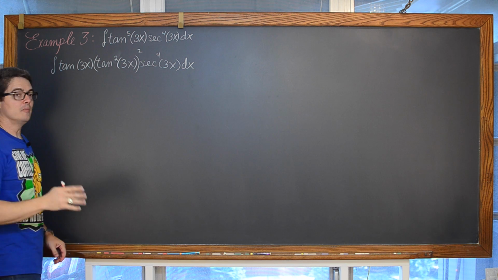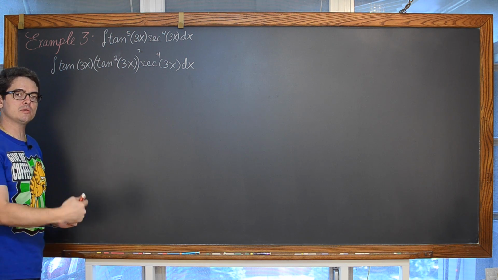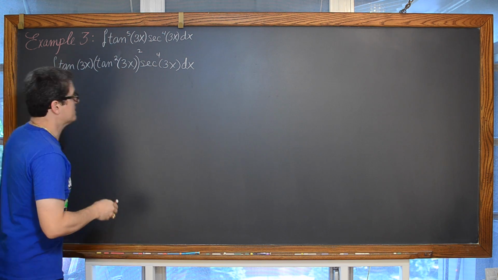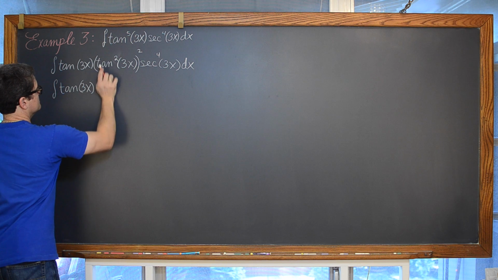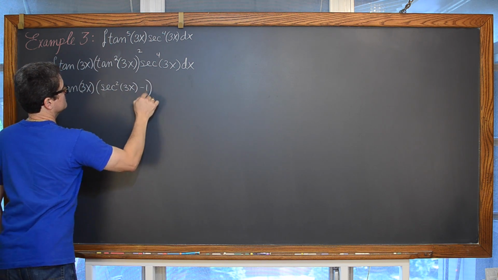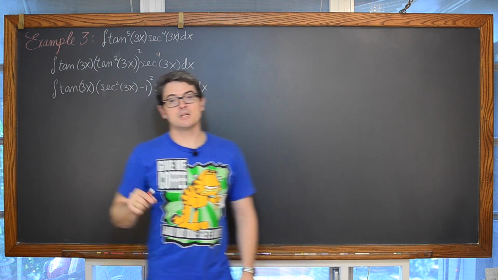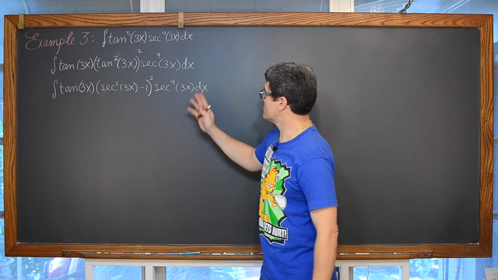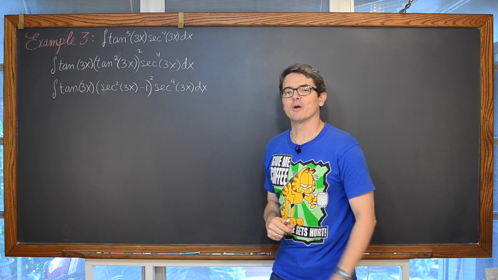Excellent. Now, Pythagorean identity: tangent squared of an angle is equal to secant squared of that same angle minus 1. And I'm going to step off. We're going to expand that binomial, distribute the tangent and the secant to the fourth power to each of those terms, and come right back.